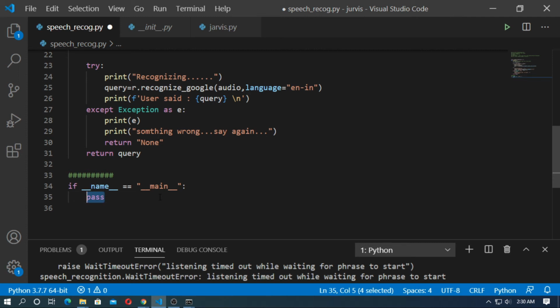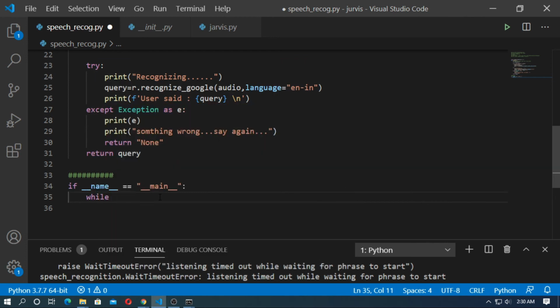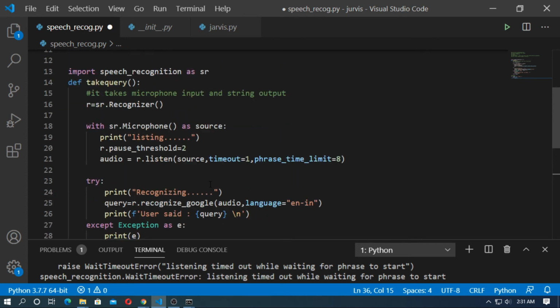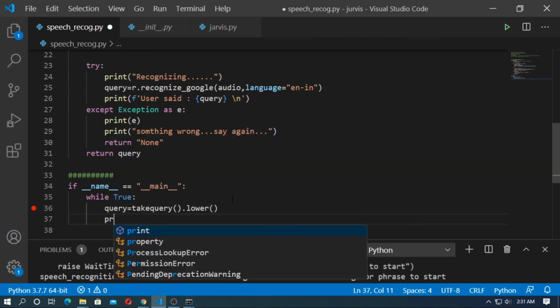So just type an infinite loop: while True. Now print the query. So query equal to the take query function. Just copy it and paste here and .lower. Lower will convert the query into lowercase, and just print the query.